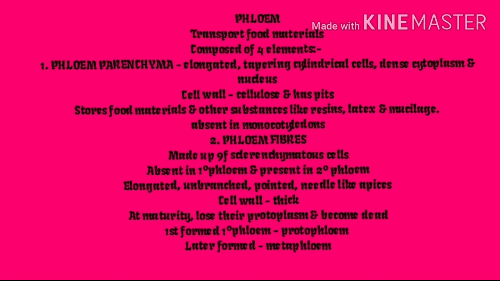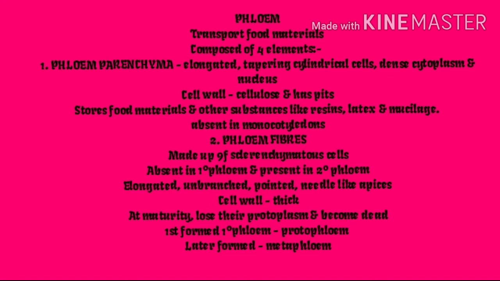Phloem parenchyma is made up of elongated, tapering and cylindrical cells which have a dense cytoplasm and nucleus. The cell wall is composed of cellulose and has pits through which plasmodesmatal connections exist. The phloem parenchyma stores food materials and other substances like resins, latex, and mucilage, and